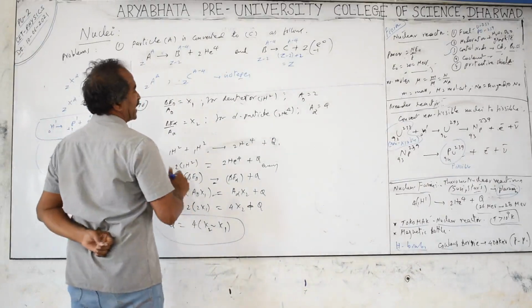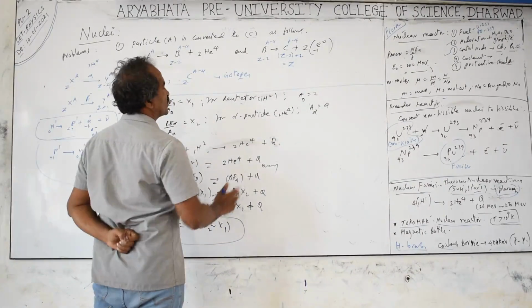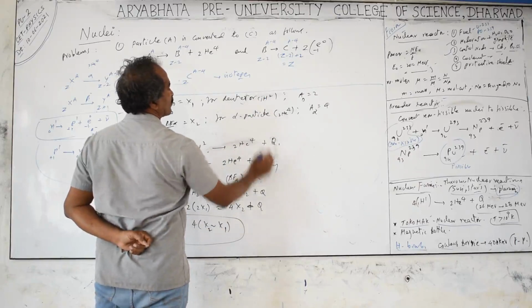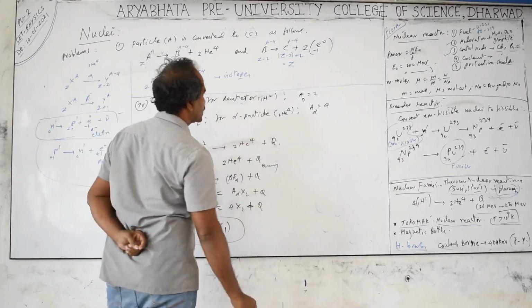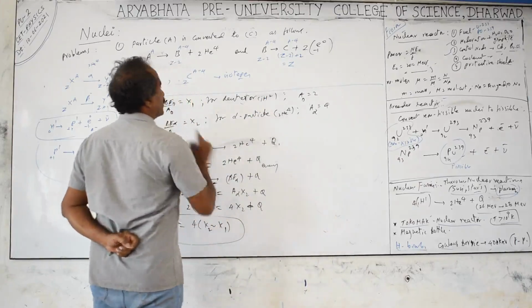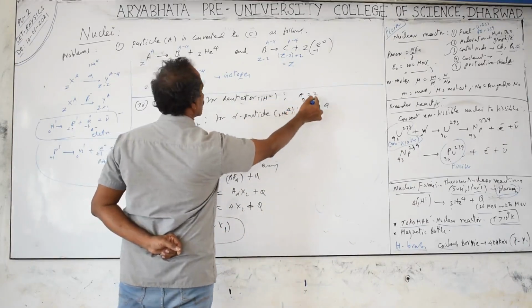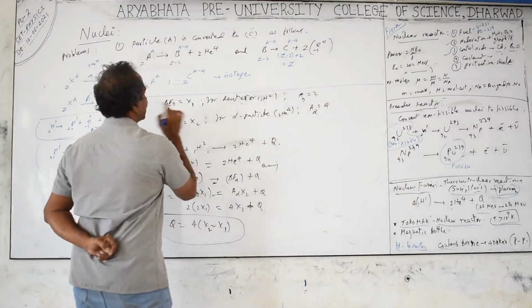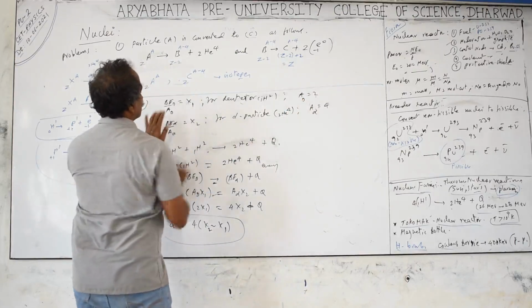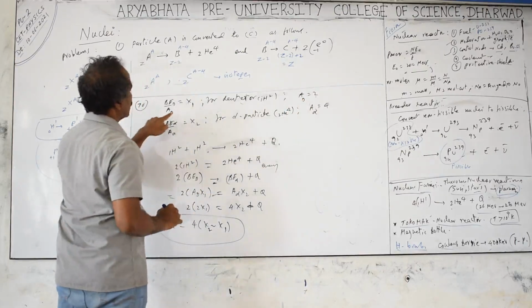Deuteron binding energy per nucleon is given for the deuterons. Deuteron is nothing but an isotope of hydrogen with 1 neutron extra inside the nucleus along with the proton. Proton plus neutron, the mass number is 2 you have to take. So the deuteron mass number is 2. And the binding energy per nucleon they have given as equal to x1. So binding energy becomes equal to x1 into AD.